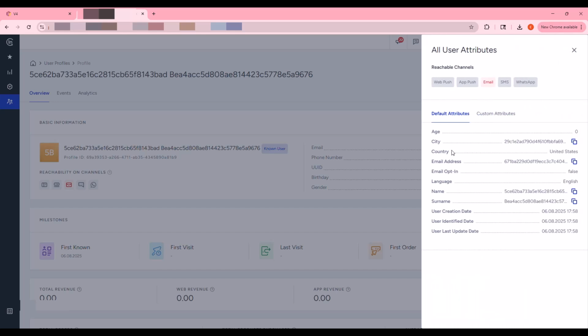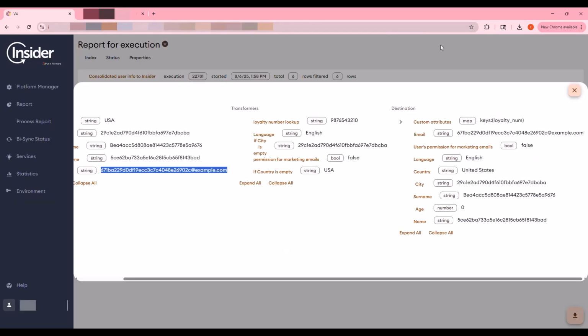I'll click on it and I will view user attributes. As we can see, country is United States, language English, and all the information that you have seen